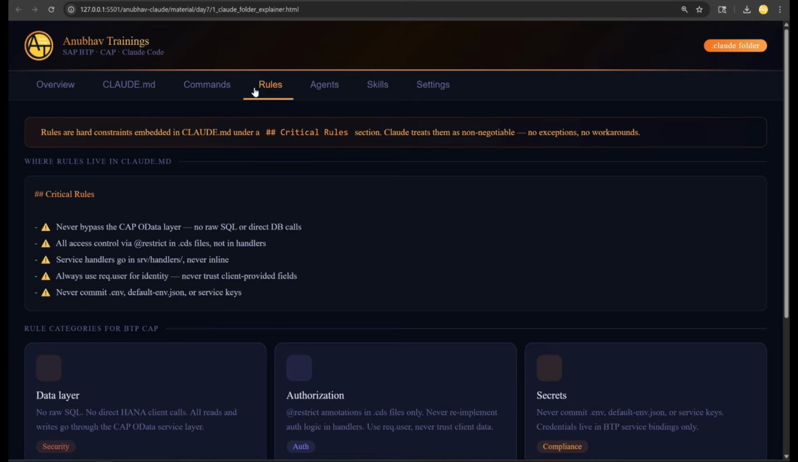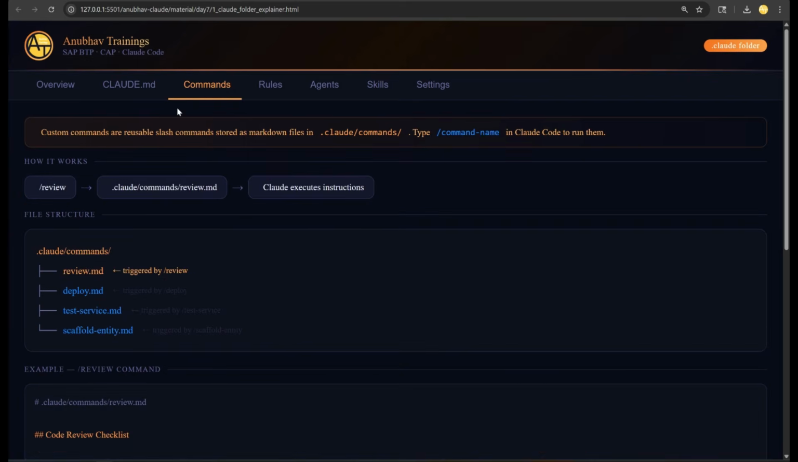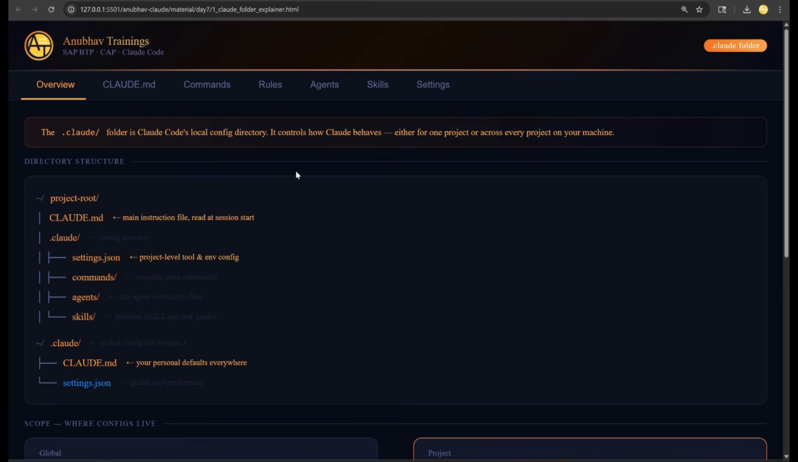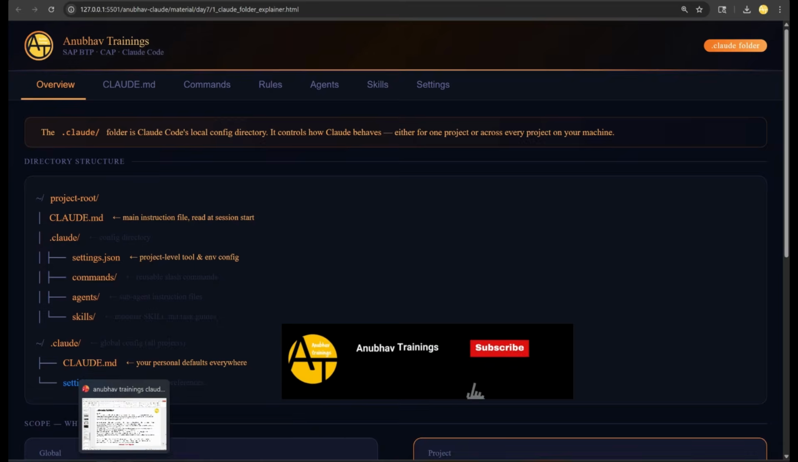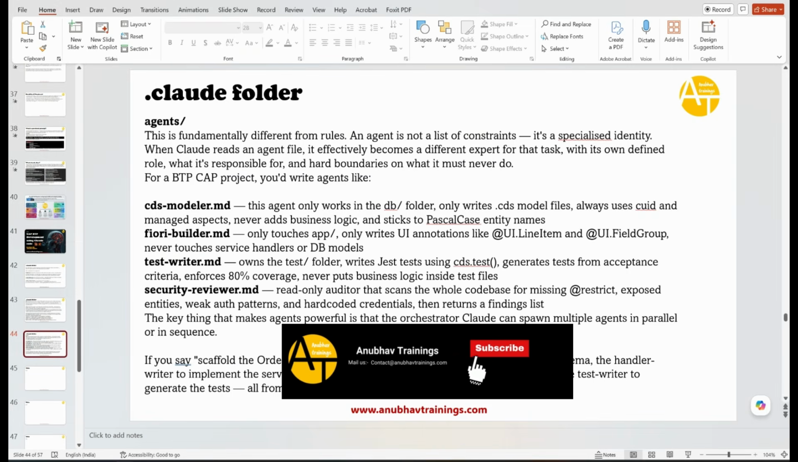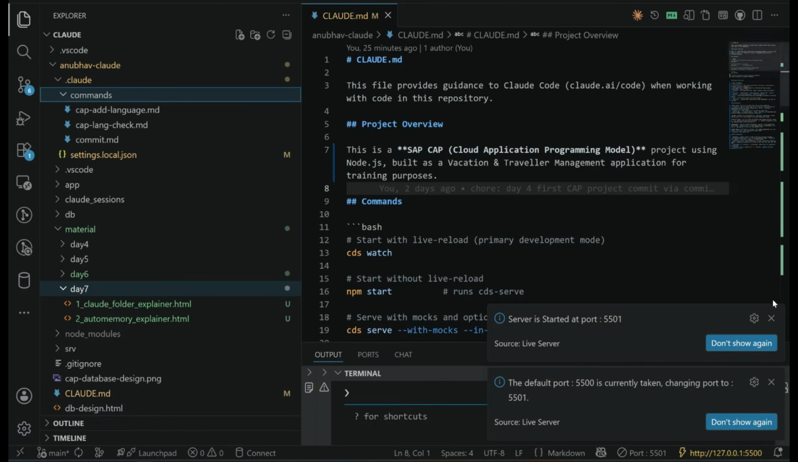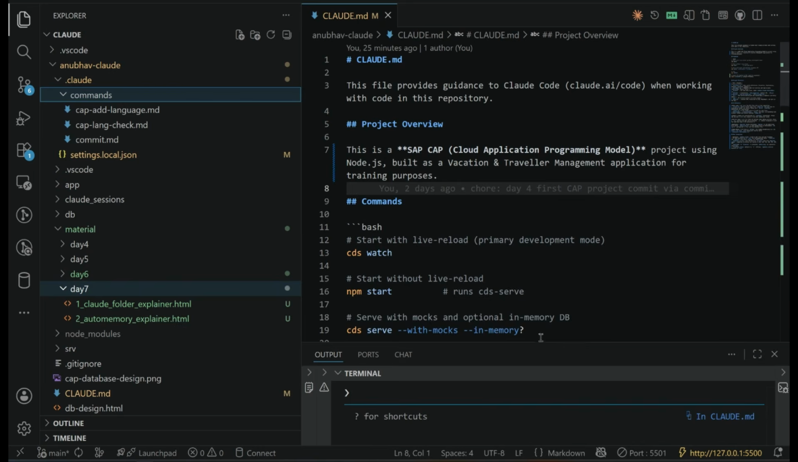So you can go through that and understand the do's and don'ts when it comes to the .claude folder. Now comes one more important topic for today, which is the concept of memory. Let me show you something very interesting. When I go back to our Claude terminal